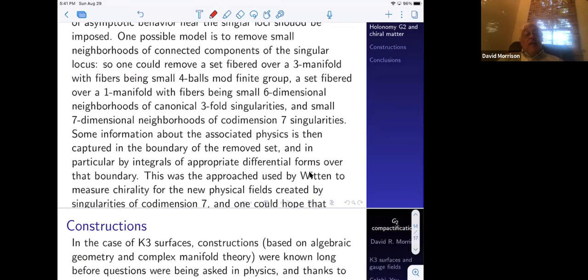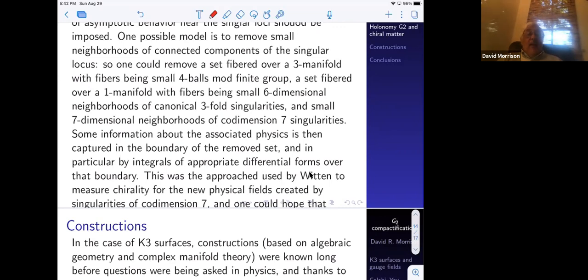In fact, there are a small handful of known types of codimension 7 singularities which work in this context and create chiral matter. And Witten was able to measure the chirality of the matter of those physical fields by doing appropriate integrals over the boundary. So one could hope that,